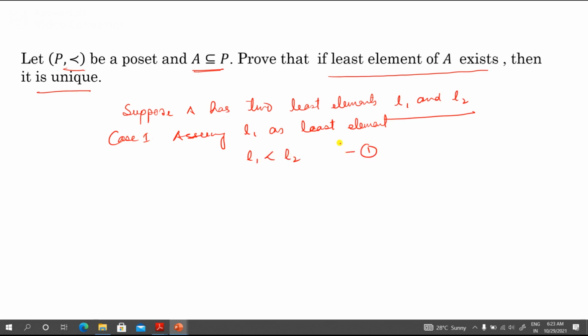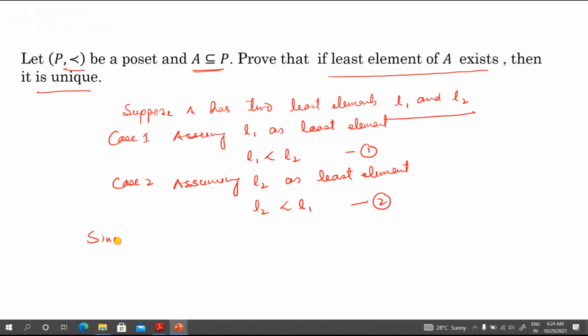Say this is equation number 1, because this is the least element. Least element means an element which precedes every other element. Now case 2, assuming L2 as the least element. You can write L2 precedes L1, say equation number 2.